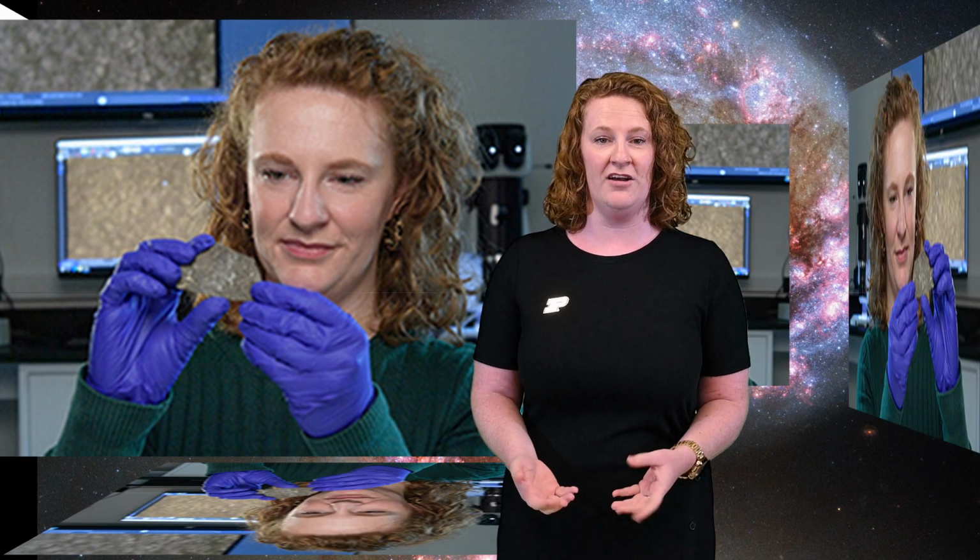These rocks have not evolved at all. Here on Earth, we've got volcanoes, we have things like plate tectonics that are changing the surface of the Earth and changing the rocks on Earth all the time. But asteroids have been the same for the last 4.5 billion years. So by studying those rocks, we get a window into the early solar system and what the building blocks were